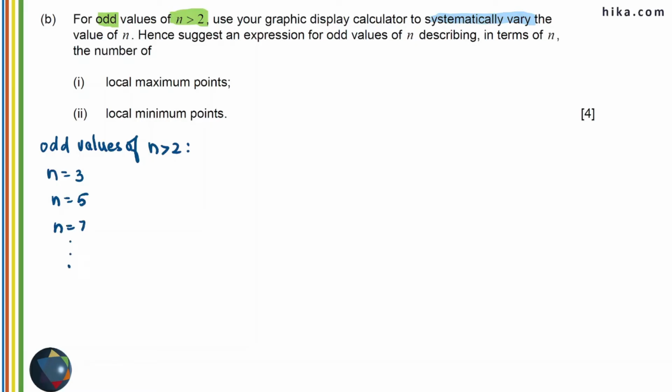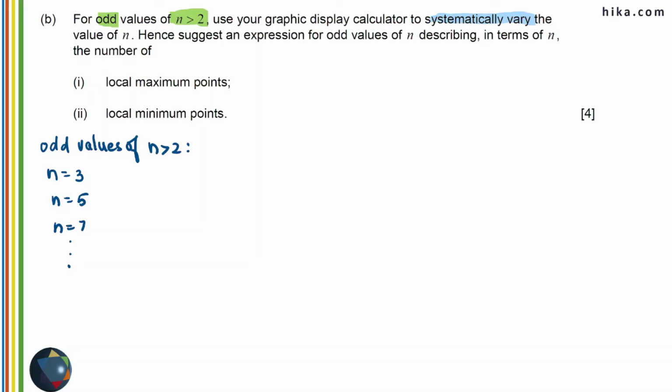Systematically vary the value of n, which means you cannot pick any value of n at random. For example, you cannot do n equal to 7, n equal to 11, and then n equal to 3, and so on. You are supposed to make it as a sequence of odd numbers, 3, 5, 7, in that order, and then you have to change the graph accordingly. You can use sliders if you are comfortable, or you can just plug in each function f3 of x, f5 of x, f7 of x one by one and sketch them on your notebook. The question is not asking you to sketch it, so you don't have to show the sketch on your paper, but you can sketch them on the side in order to identify what is the question asking you for.